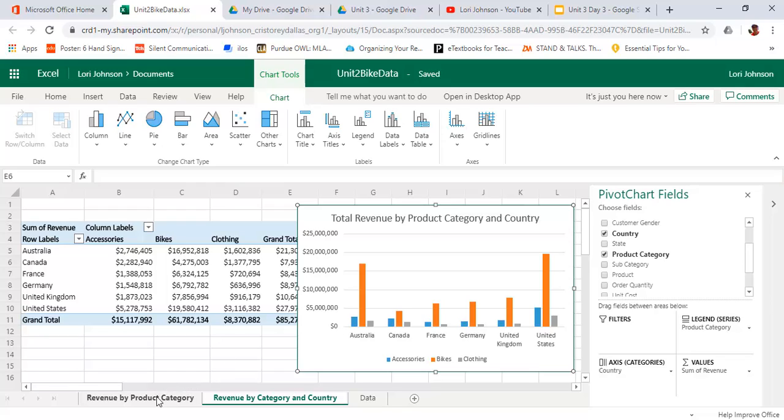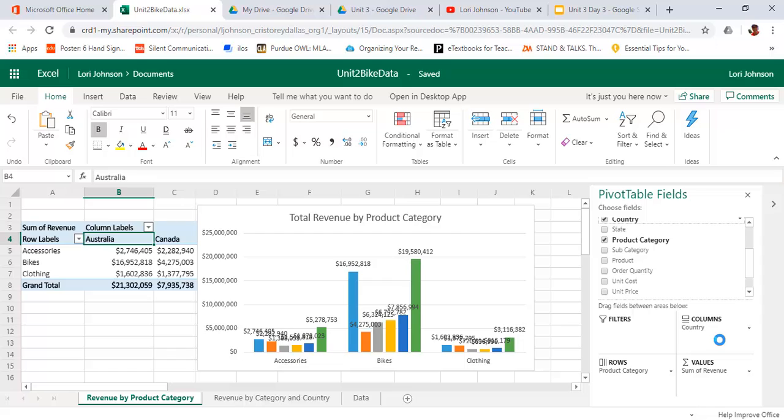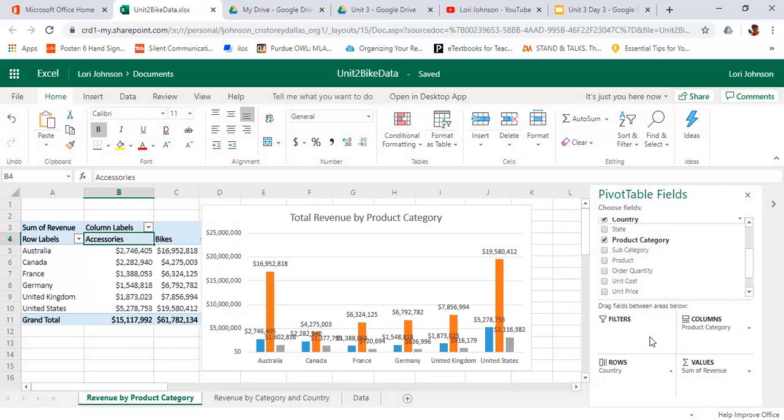Let's go back to my other graph, revenue by product category. I could have added country to this graph. It would have been fine, and I could have moved these things around. So your pivot chart is going to follow whatever you do with your pivot table, and that's fine. It's just that I wanted to keep this